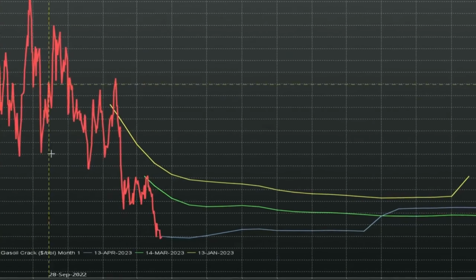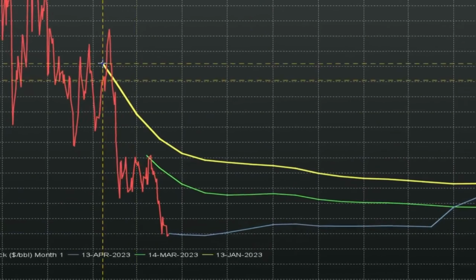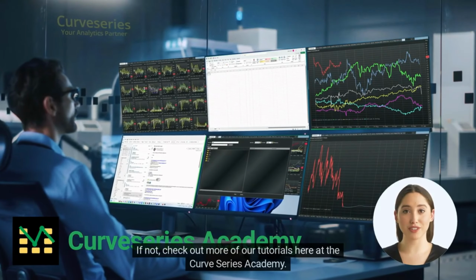Did you know that Curveseries also allows you to overlay multiple time series, including the forward curves? If not, check out more of our tutorials here at the